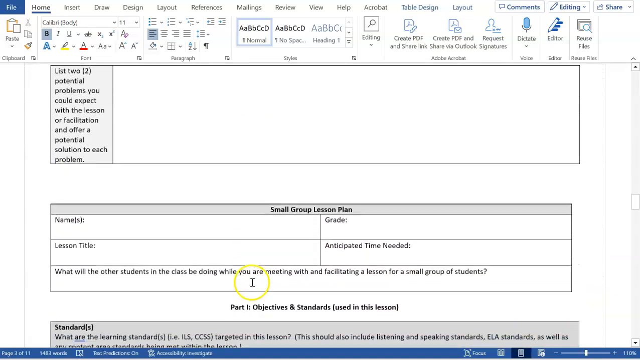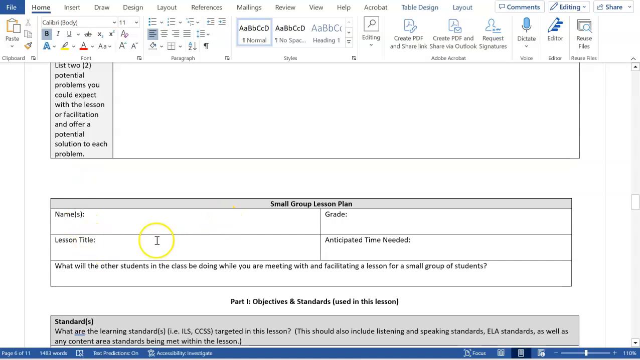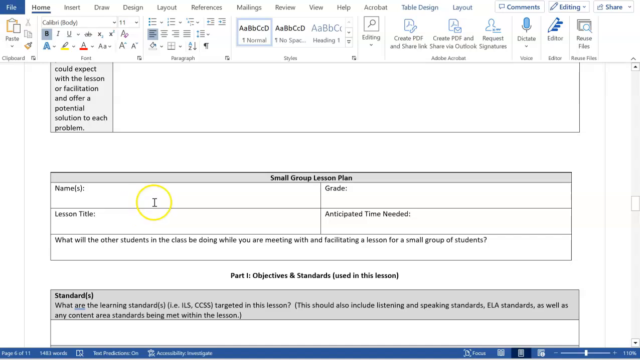Okay, so next, like I said, all in the same document is the small group lesson plan template as well. Just like with the large group, you're going to have your name, the grade, the lesson title, which could be the same as the large group, but usually it's a little bit different, and the anticipated time needed. Remember, in small groups, you can take a little bit more time. So again, be sure to check out the guidelines for times for lessons, small group and large group, and